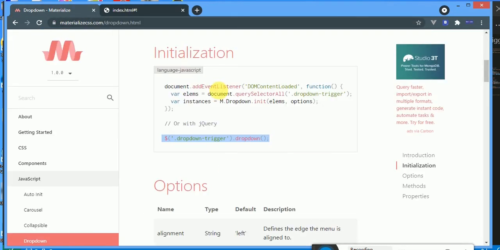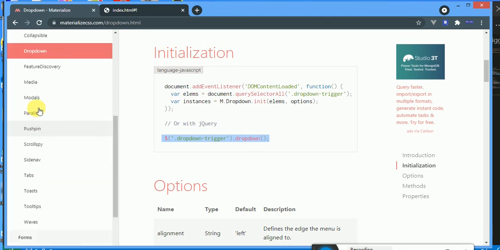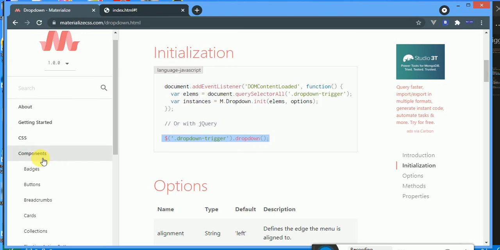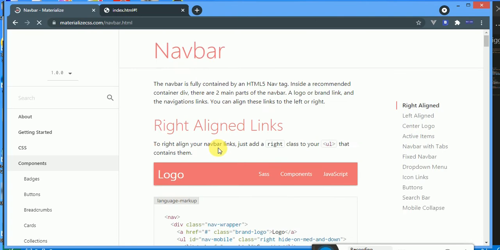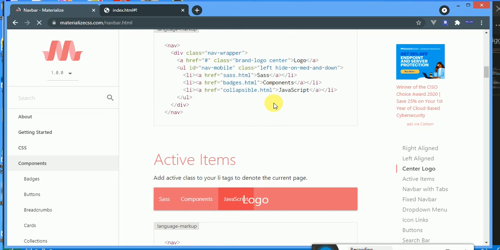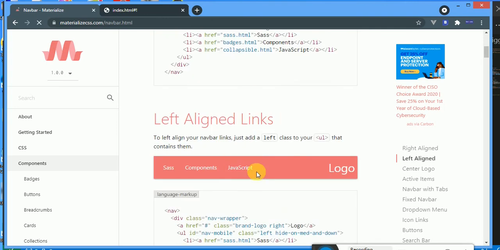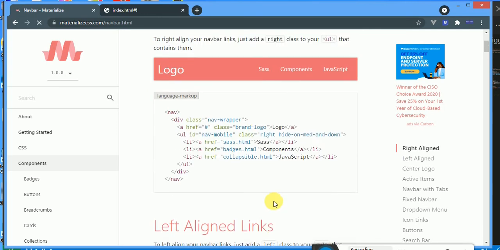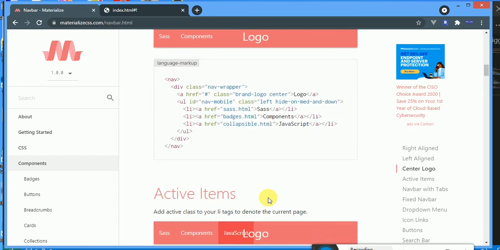Let me just make sure we finish everything about navigation menu, which is under content. Okay, navbar. Okay, I think we have talked about this. For the center logo, you see how you use it. Brand logo, you put it at the center. Okay, here, brand logo at the center. For the left one, brand logo left. Okay, just very simple. The right one, by default it's right, so you don't have to put anything here, which I am going to test out. We have talked about